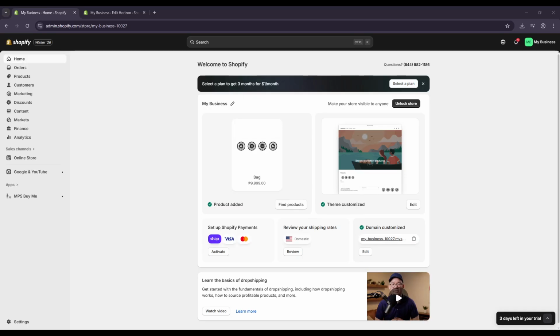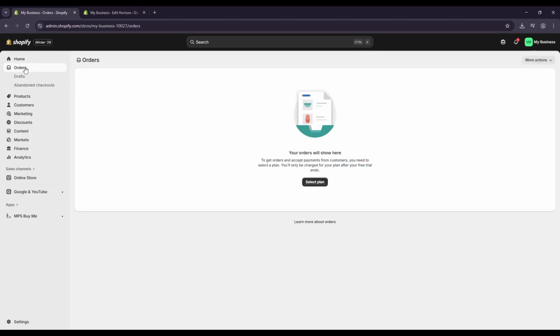First, start in your Shopify admin. From the left-hand menu, open the orders section. This is your central hub for every purchase in your store. If you have a lot of orders, use the search bar or filters to narrow it down by order number,